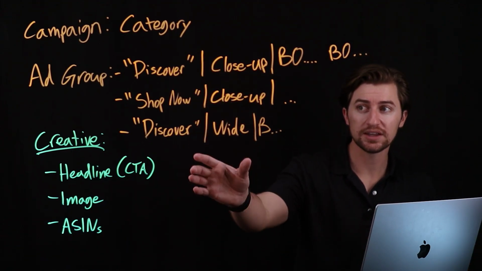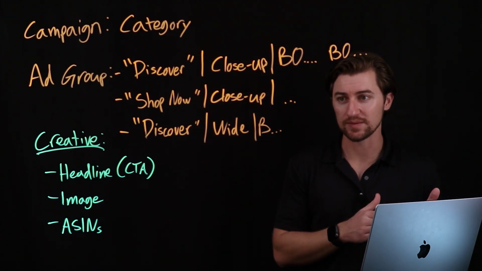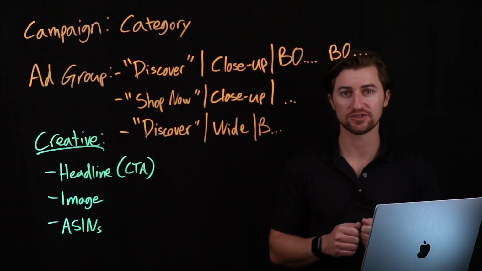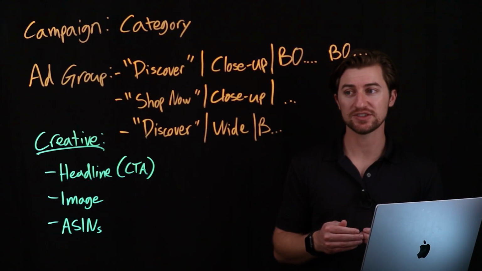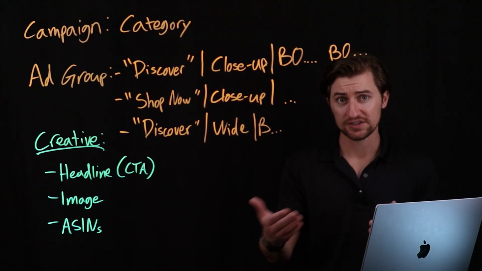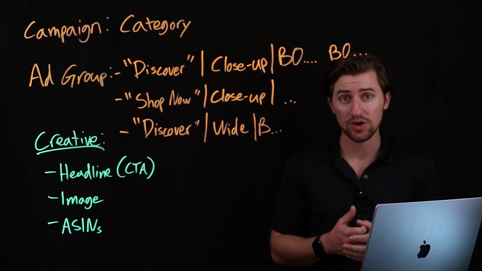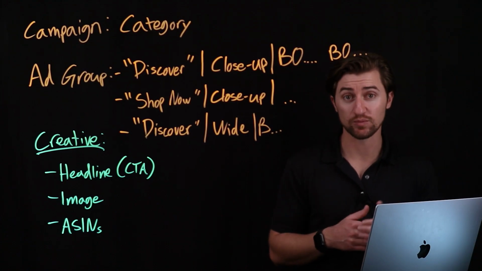So if you can really dial in your creatives and tailor them extremely well, so that you have high click-through rate, high conversion rate creatives, Amazon will start awarding you more impressions, so you can get even more traffic, and also award you a slightly lower CPC,